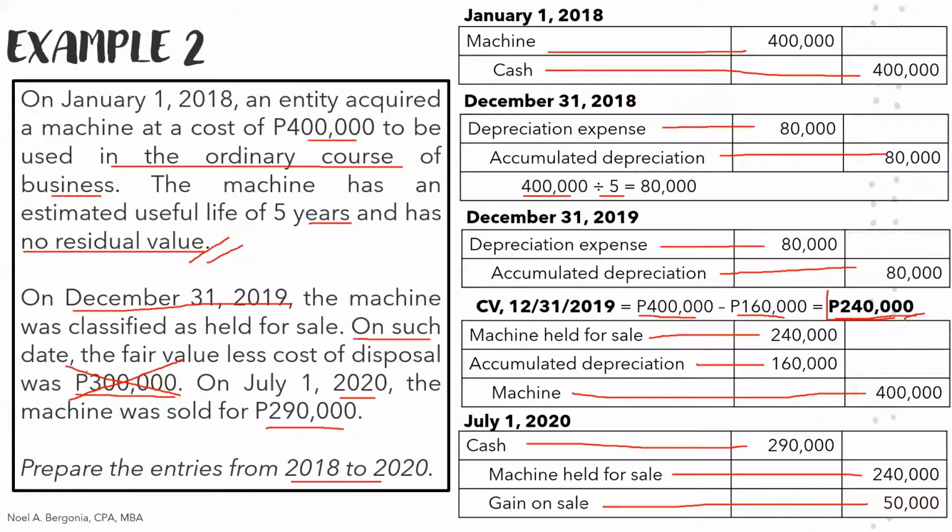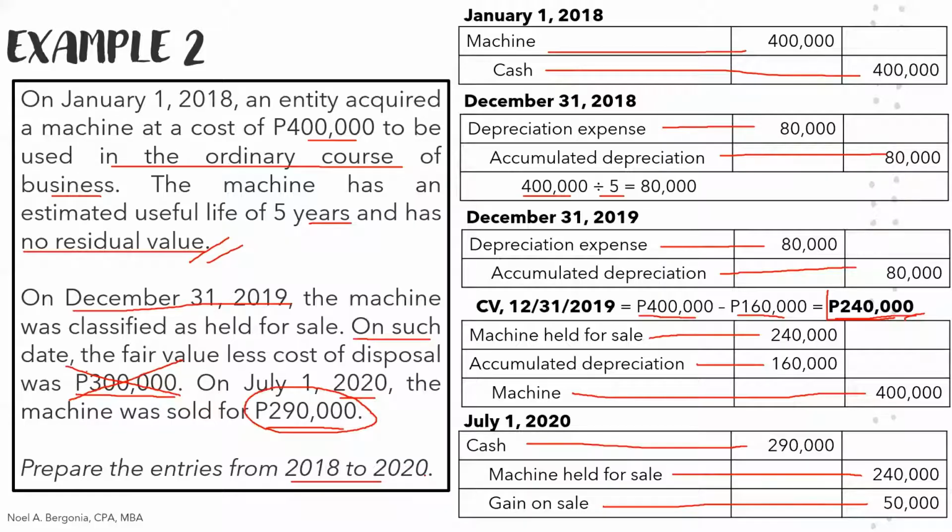The gain on disposal is again the difference of the selling price and the carrying amount in our accounting record. So that's our example number 2. Again, if you do have questions, please let me know. I hope that's clear to us. So let me just continue with additional theory.